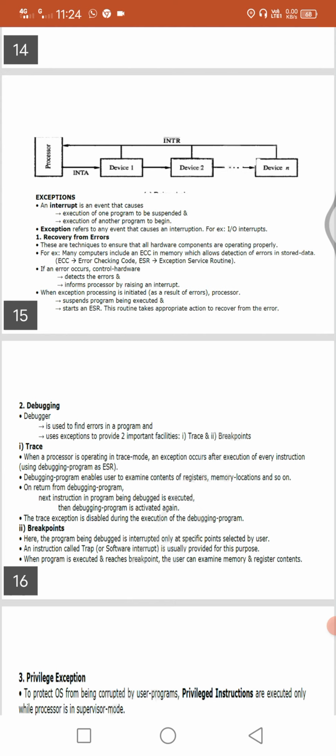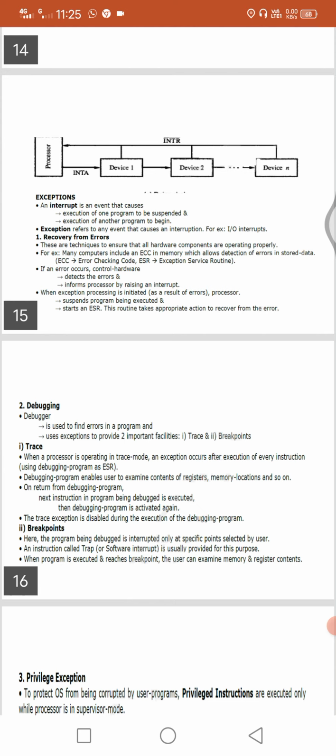So if any error arises, the control hardware sends a request to the processor with the help of an interrupt. When exception processing is initiated, in order to rectify those errors, we send a request to the processor with the help of an interrupt.